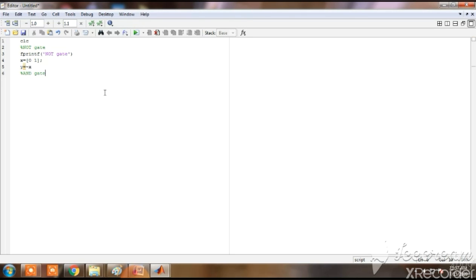Percent AND gate. Here also same, fprintf to print the output. AND gate.